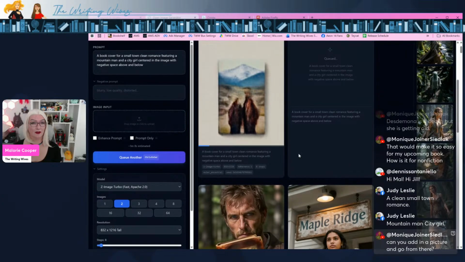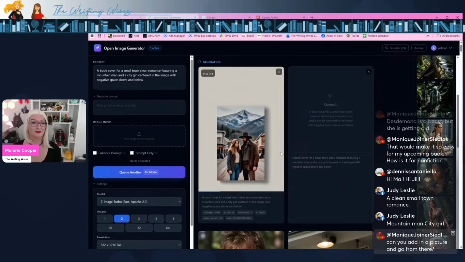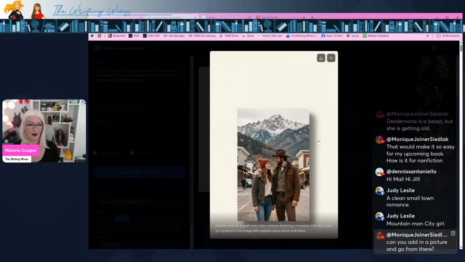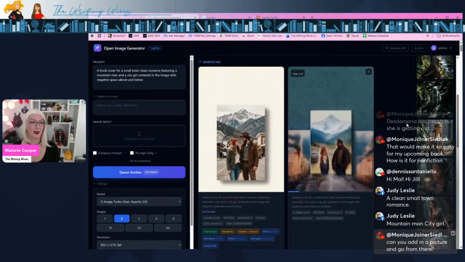Yep, you could absolutely. I probably need to stop saying it's for a book cover and just describe the image. Otherwise, I'm going to get weird stuff like this. Although the image on this one isn't terrible. It just, unfortunately, seems to be wintertime and she's wearing a toque. And calling him a mountain man, obviously, is what gives us mountains in the background. But it's actually not a terrible start. It's probably just me mentioning it as a book cover that's getting me into trouble there,